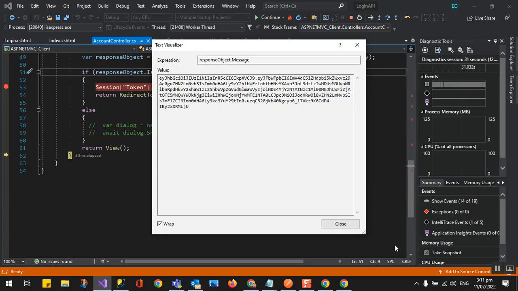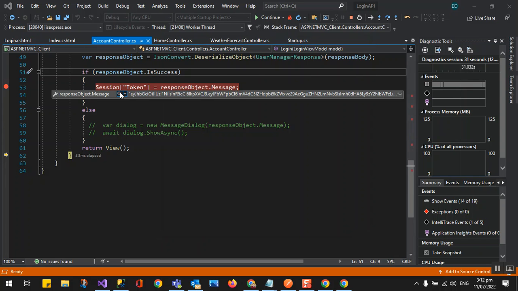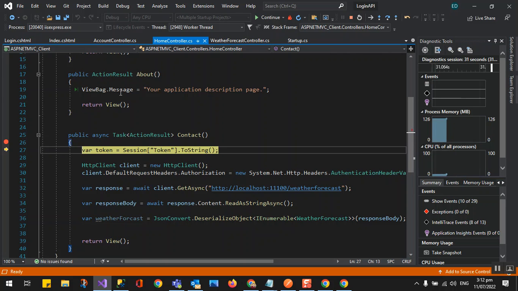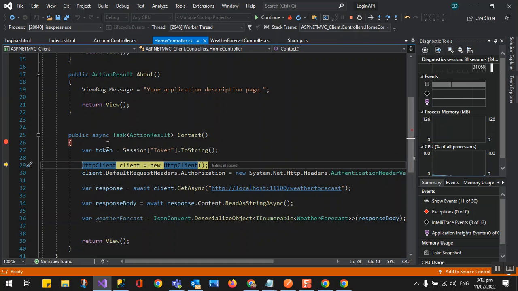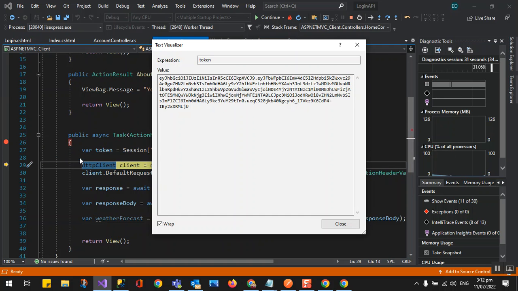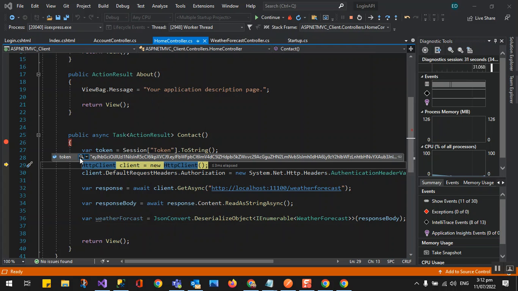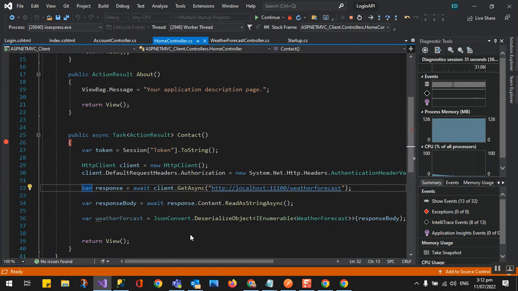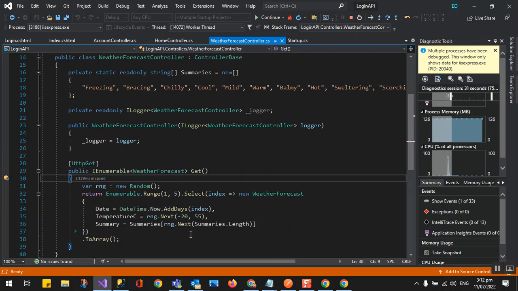Once we have that token, we can use it to access the protected endpoint. For example, in this contact we need to access, we get the token from the session that we assigned. That's the token. Now we pass the token in the authorization header, and then we access this page, the weather forecast.